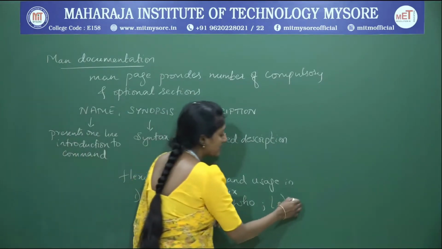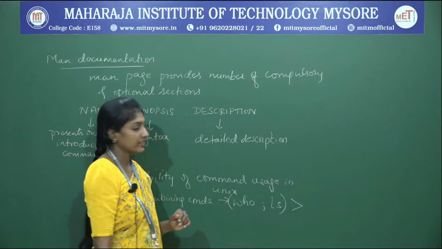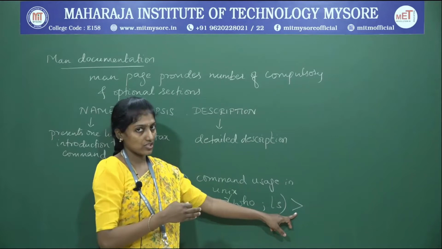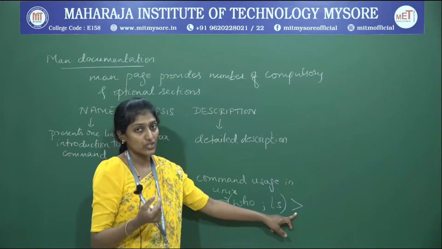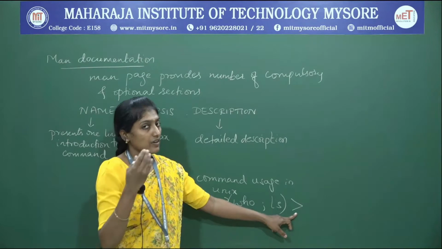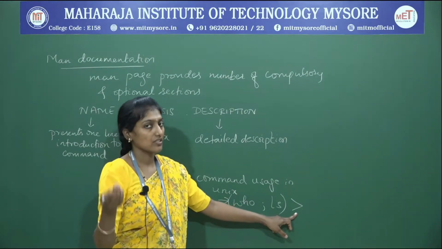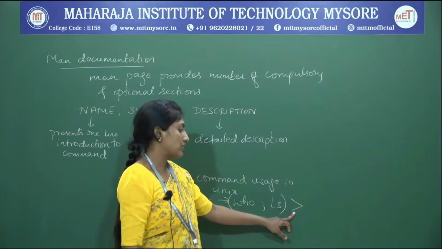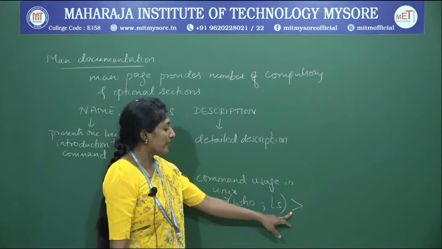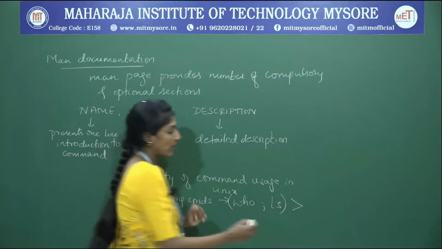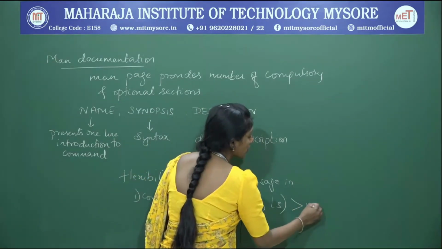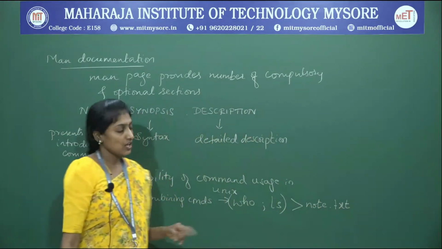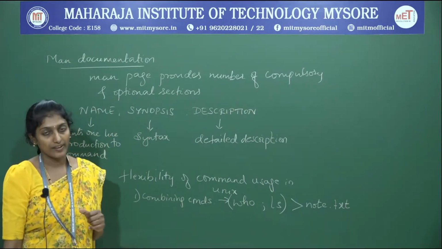By using these brackets and a redirection operator, which we call an output stream, for redirecting the output from one to another, from source to destination file, we are going to learn even more about it in the coming sessions. So you can redirect these two commands' output to one file, like if I want to output to a note.txt file, you can output it. So this is one of the flexibilities provided in Unix.